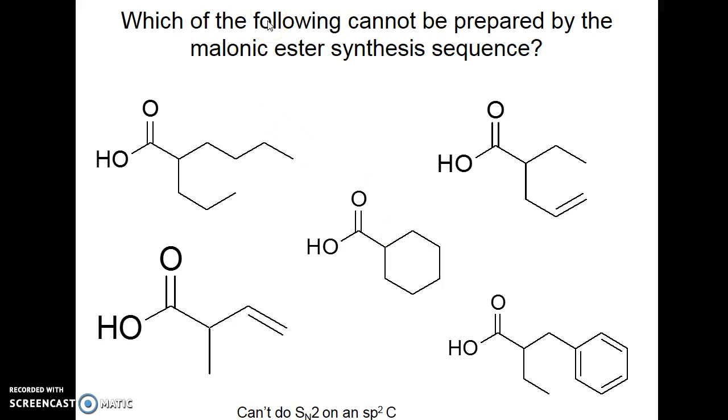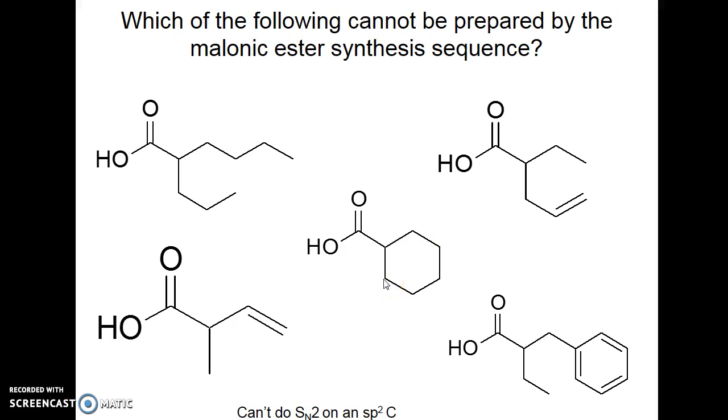Which of the following cannot be prepared by the malonic ester synthesis? Well, in the malonic ester synthesis, what we look for is something that looks like acetic acid. So right here, that looks like acetic acid. And there is an alkyl group we would use and an alkyl group that we would use. So that could be made. We've got that acetic acid here, and then we could have an ethyl bromide and an allyl chloride or whatever. Right here, this is the acetic acid portion, and this could be a halogen here and a halogen here, so